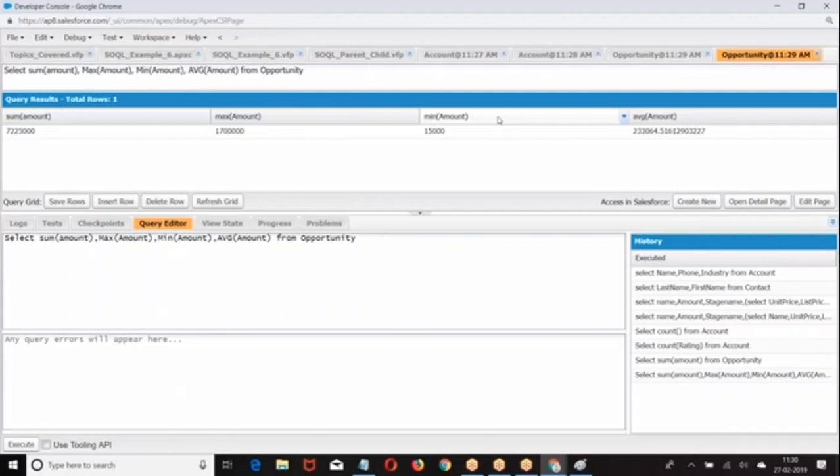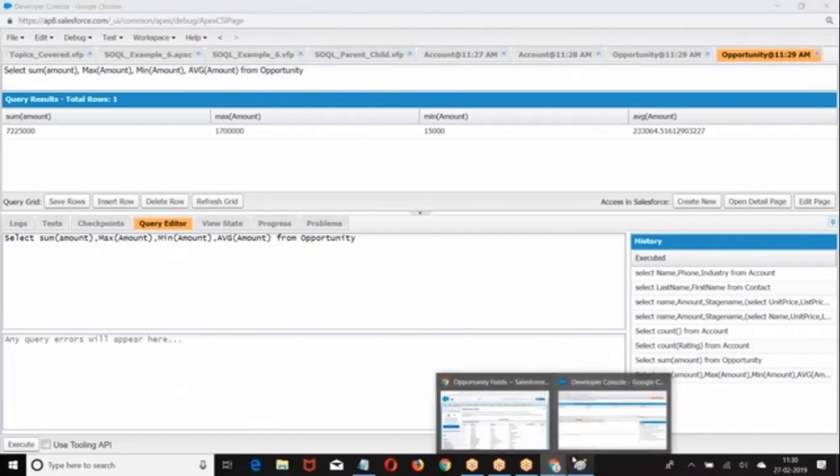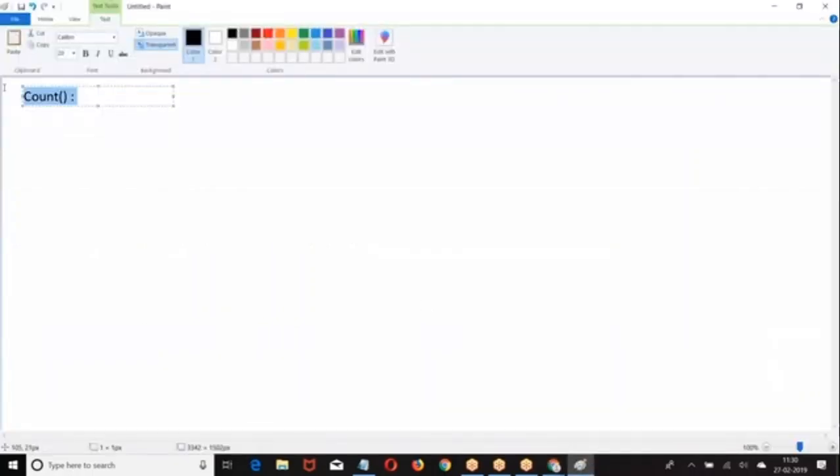So whenever we write a SQL query with aggregate functions, the result will come in the form of an aggregate result. Now, if it is an aggregate result, how will you take it?